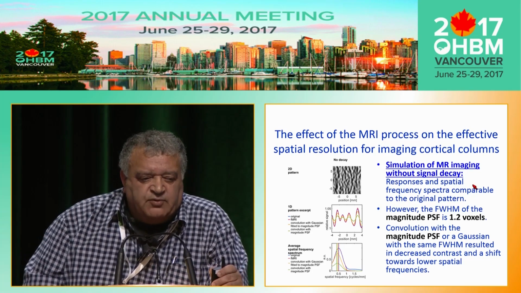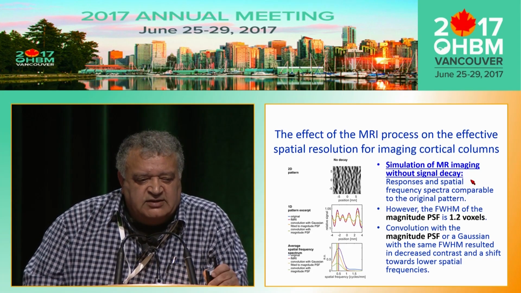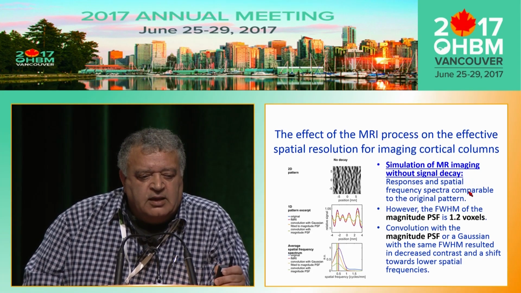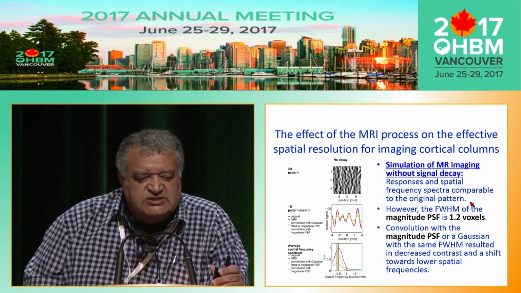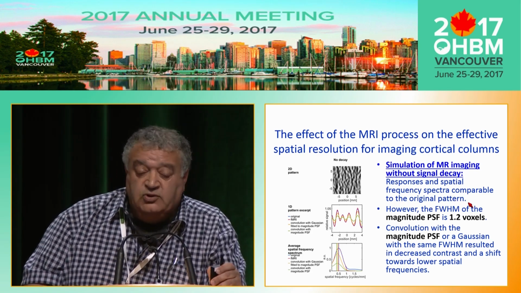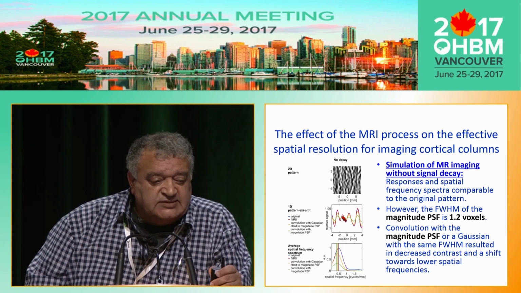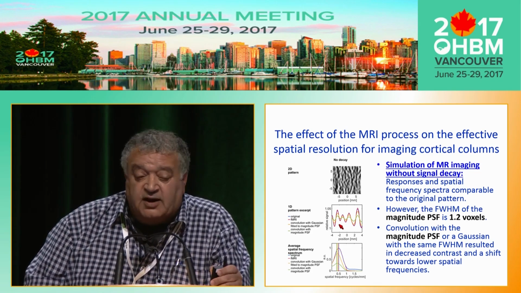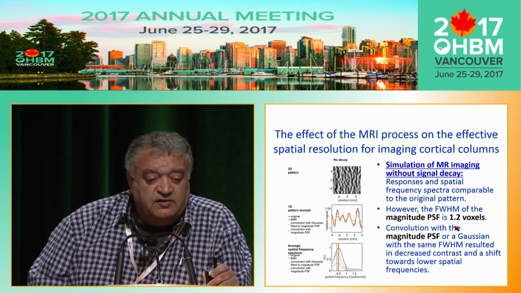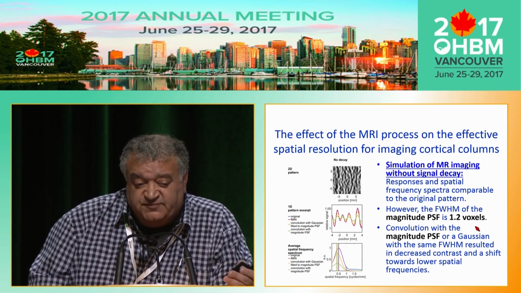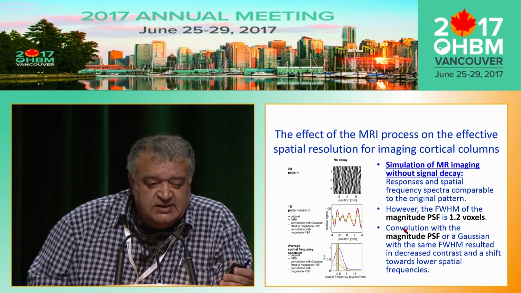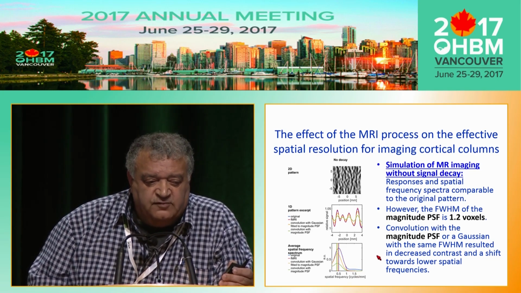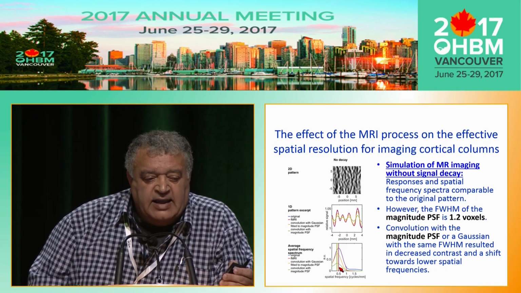If we simulate the MR imaging process without any signal decay, the response and the spatial frequency spectra are comparable to those of the original pattern. So you can see here the blue curve, that's the original pattern. Red is the complete fMRI simulation. However, the full width at half max of the magnitude point spread function is 1.2 voxels. And what we get if we convolve with the magnitude point spread function is reduced contrast in green and lower